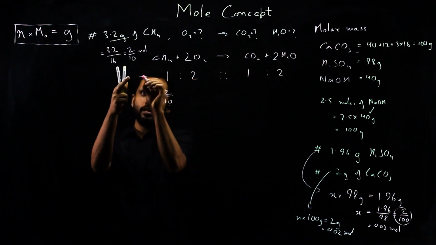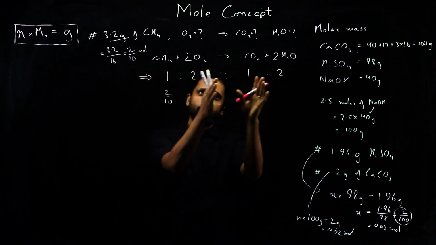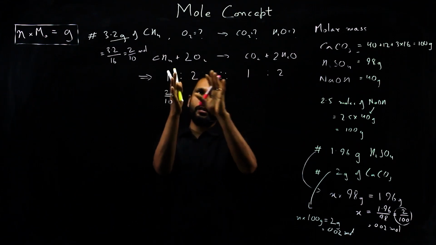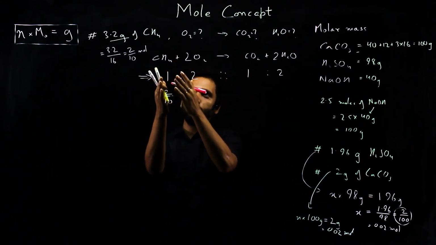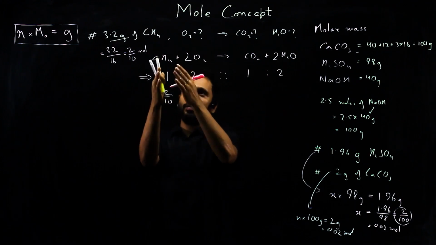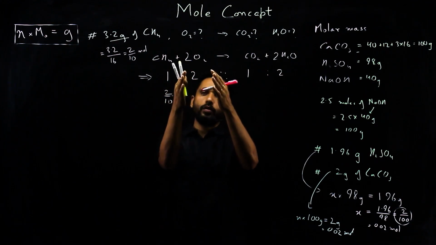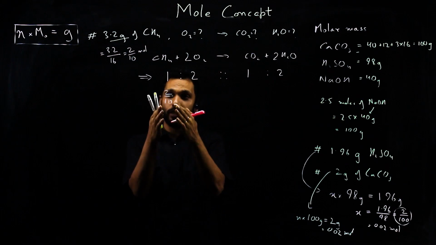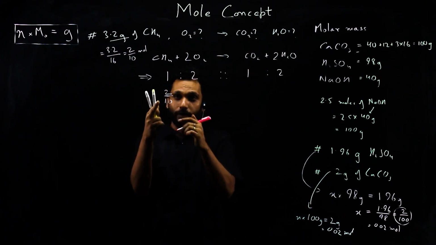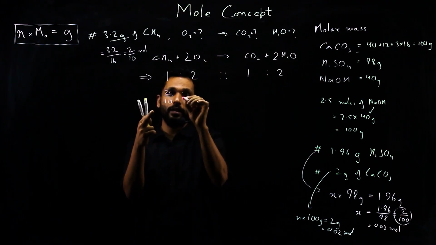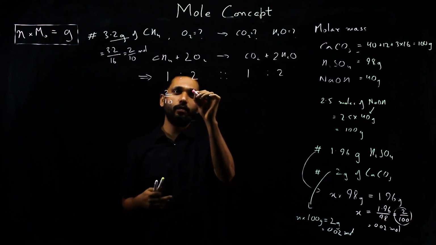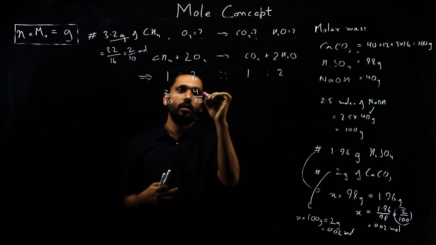See, this first line was the ratio in which they react. This doesn't mean that actually we have got 1 mole of methane. It says that if there was 1 mole of methane, it reacts with 2 moles of oxygen. How many moles of methane is there? It is 2 by 10. 2 by 10 actual moles of methane is there. So how much will it react? It will react with double the amount of oxygen.